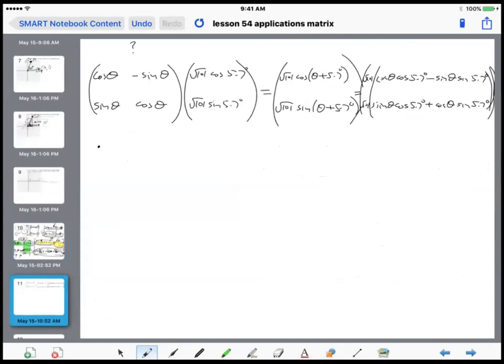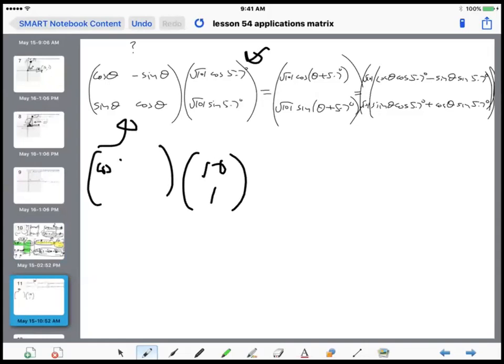This is the formula. This is the 2x2 matrix that causes a theta degree rotation. And what's nice about this is, remember before you said, well, I don't have a calculator, so I didn't know that 10(1) was radical 101 cosine 5.7, radical 101 sine 5.7. That's okay, because the 10(1)'s there. And then I just put here cosine 60, minus sine 60, sine 60, cosine 60, which is 1/2,